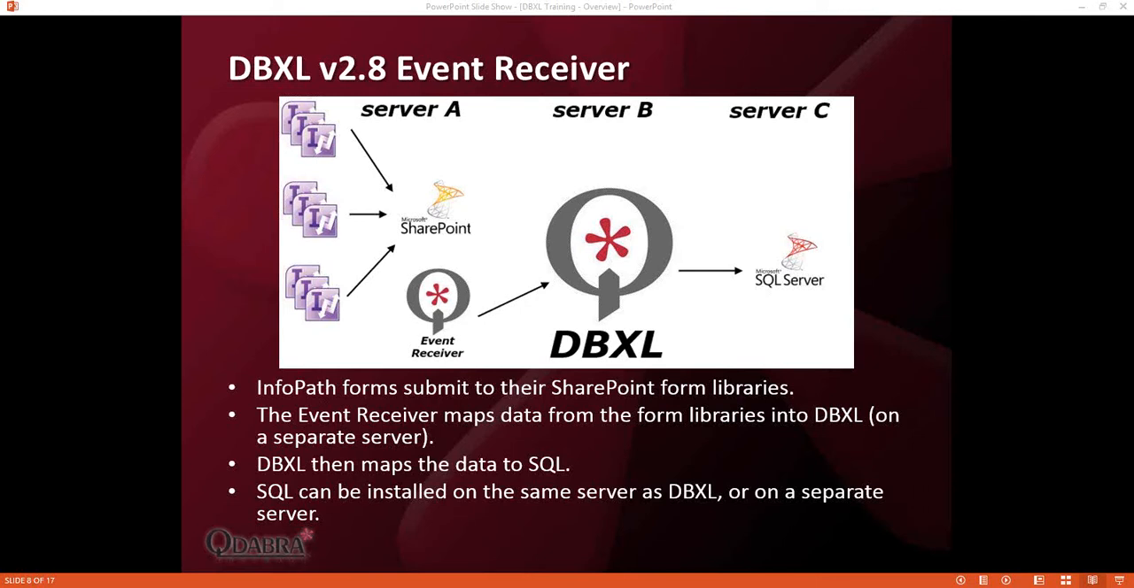On a separate server, we have DBXL installed. And then SQL Server can be on the same server as DBXL or a separate server as well. And that depends on you. But the model that Qdabra is recommending going forward for SharePoint 2013 is this, with SharePoint on one server and DBXL on another server. If you don't have a separate server available, what we can do is create a separate